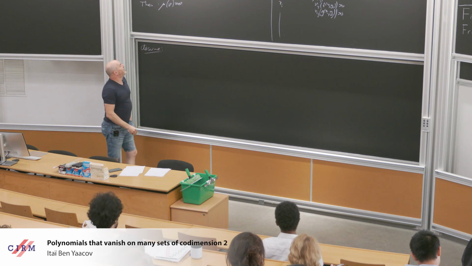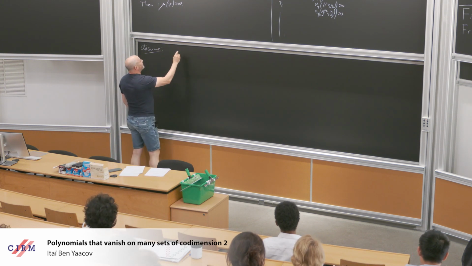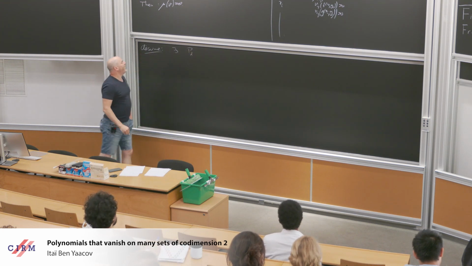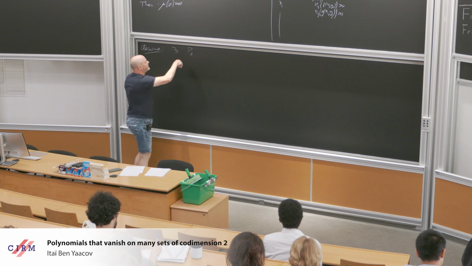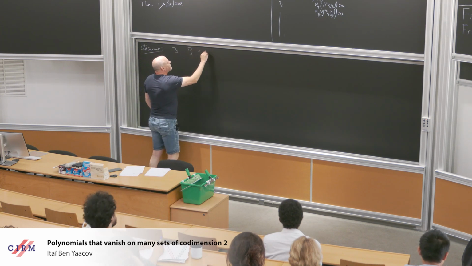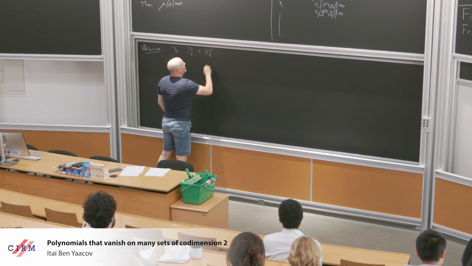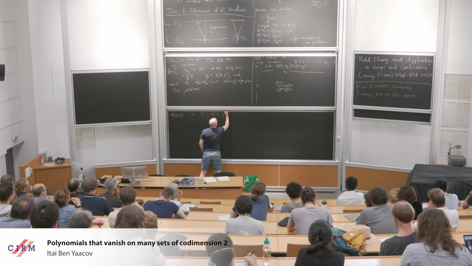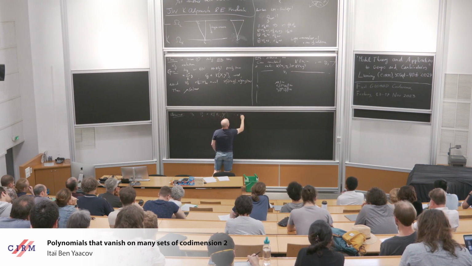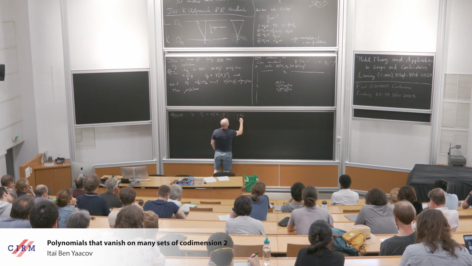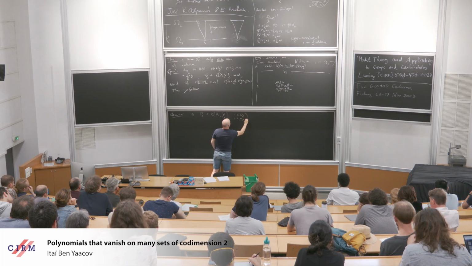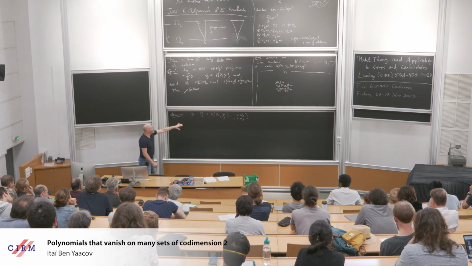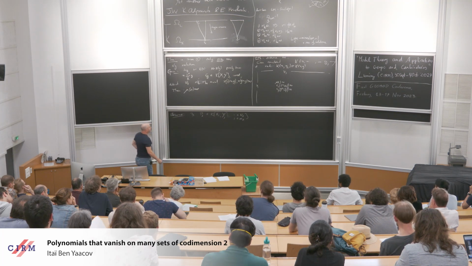So assume that you have a sequence of polynomials. Let's index them by d, Pd. They are polynomials in xi, yj, say for i less than something, and for j less than maybe something else. It doesn't really matter, you can also make them equal. Let's take this one, such that,